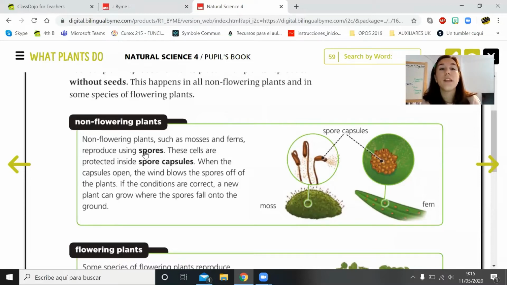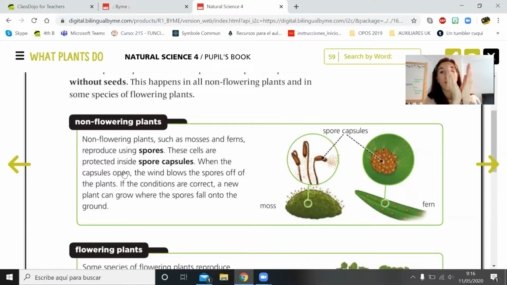They reproduce using spores. Spores are esporas, okay? These cells are protected inside spore capsules. That is, they have something called spores that are very, very little cells like these. I'm in your book, okay? These are the spores, and they are inside spore capsules, cápsulas, that protect them, okay? Then it says, when the capsules open,